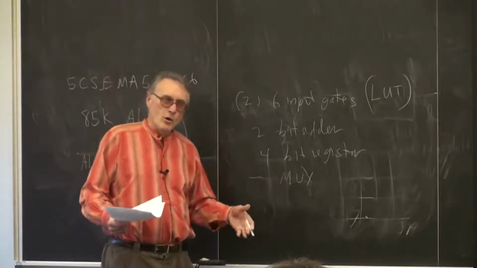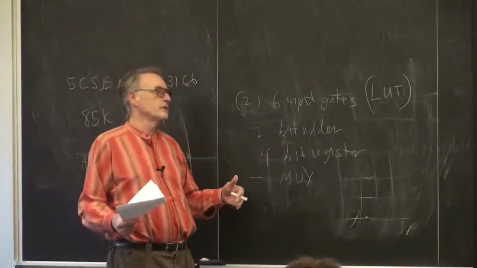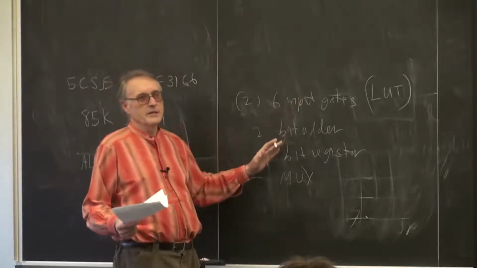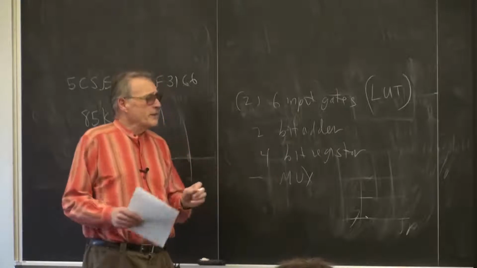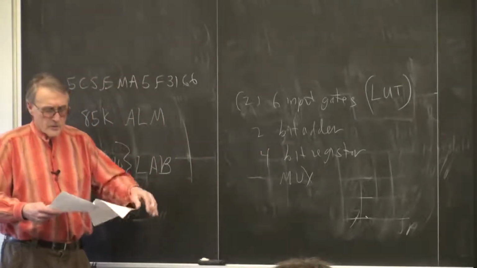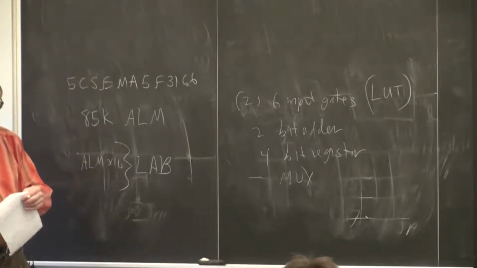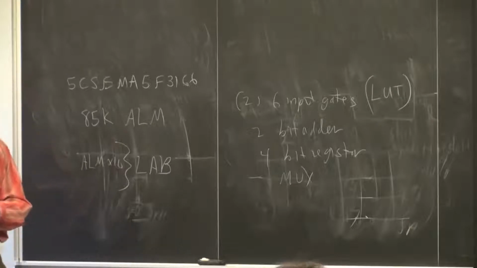And there's a normal mode in which you use these gates as gates, and there's an arithmetic mode in which you use them as an extended adder. And mostly, you're not going to care about that because you're going to let the synthesizer figure out how to fit your random logic onto the